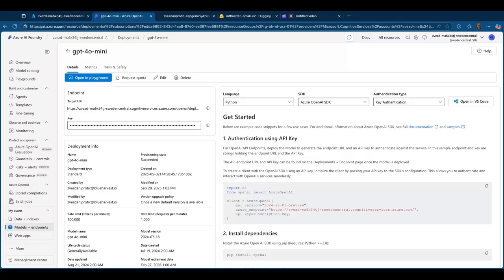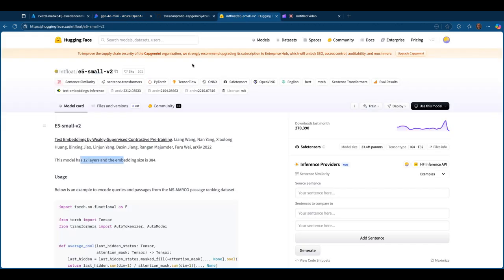But for our embeddings, as I said, we're not going to use Azure. We're going to use models from Hugging Face. Hugging Face is, in a sense, a marketplace for LLMs and embedding models, a lot of different models, and you can find and use models